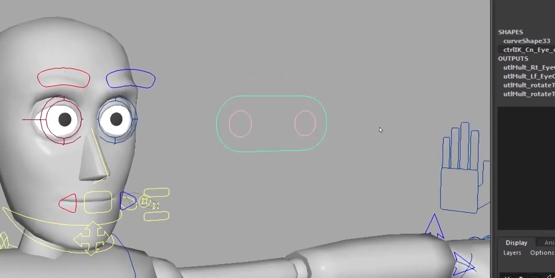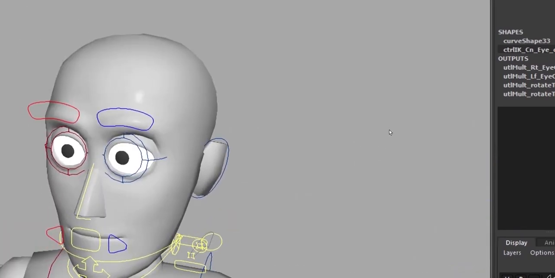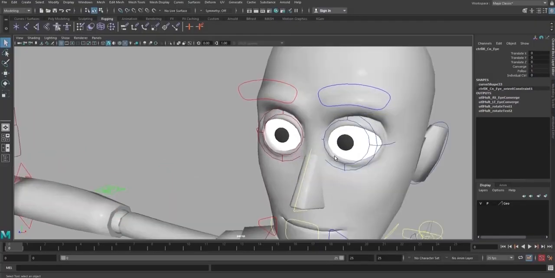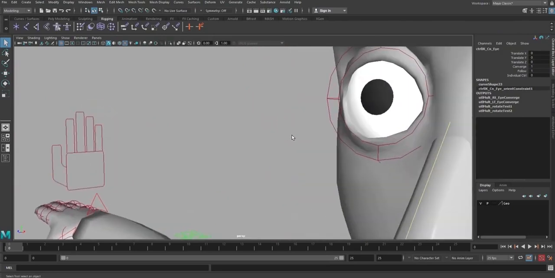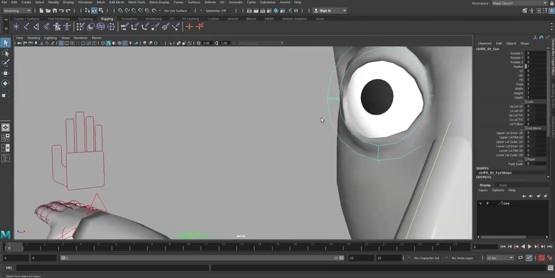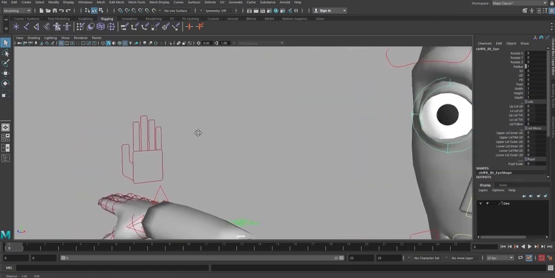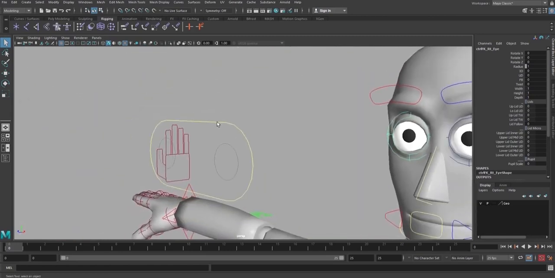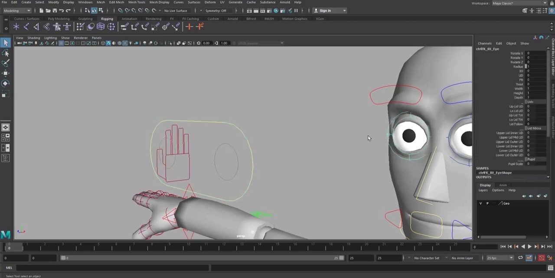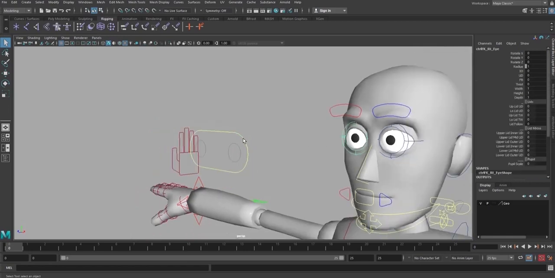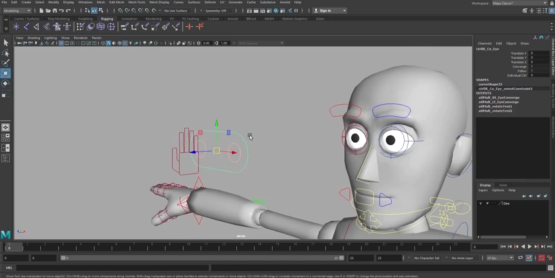So in this case, the connectivity given is: this curve acts as the child and this controller curve acts as the parent, object 1 and object 2. These two are connected with aim constraint. If I select this object and move it, you can see the eyeball movement.